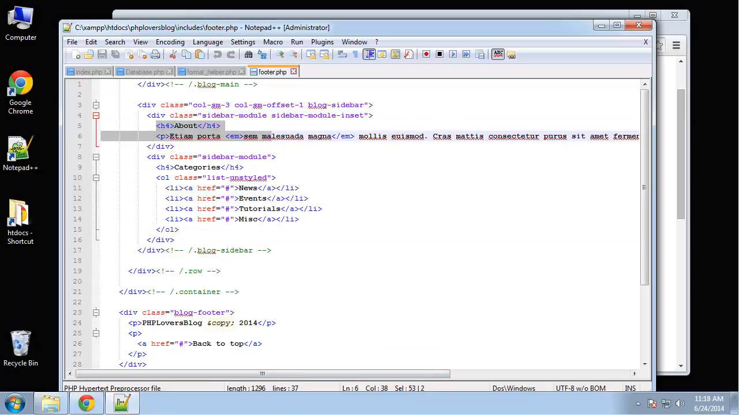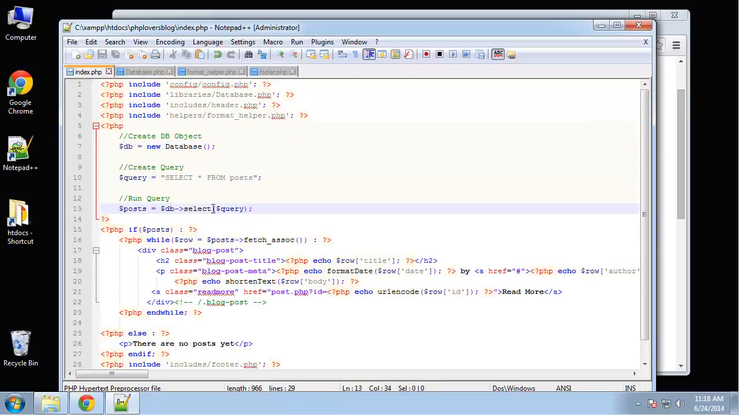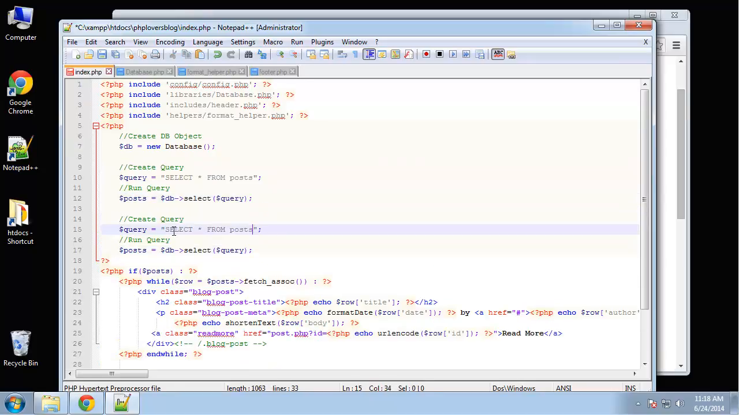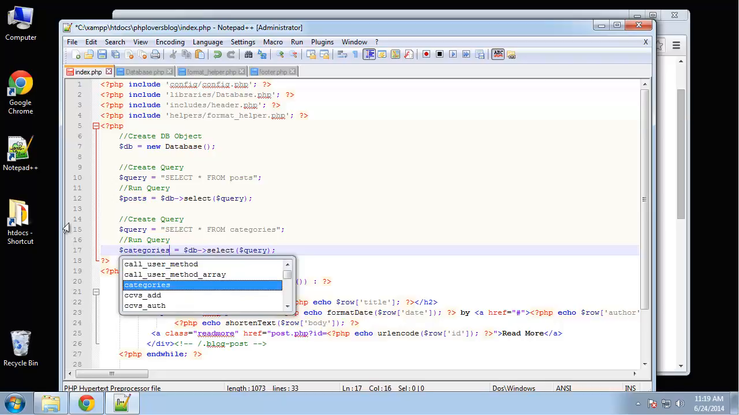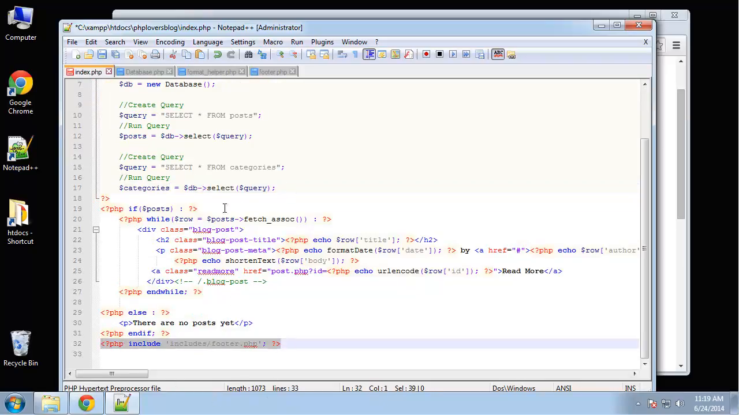So let's go to the index page and just do a query to get the categories, which is going to be very similar to what we did with the posts. So I'm actually going to just copy this. Except we want to select all from categories. And then we're going to assign the categories variable. That's going to select all the categories, and this variable is going to be available to us in the footer file, because we're including it down here. So let's save that, go to footer,